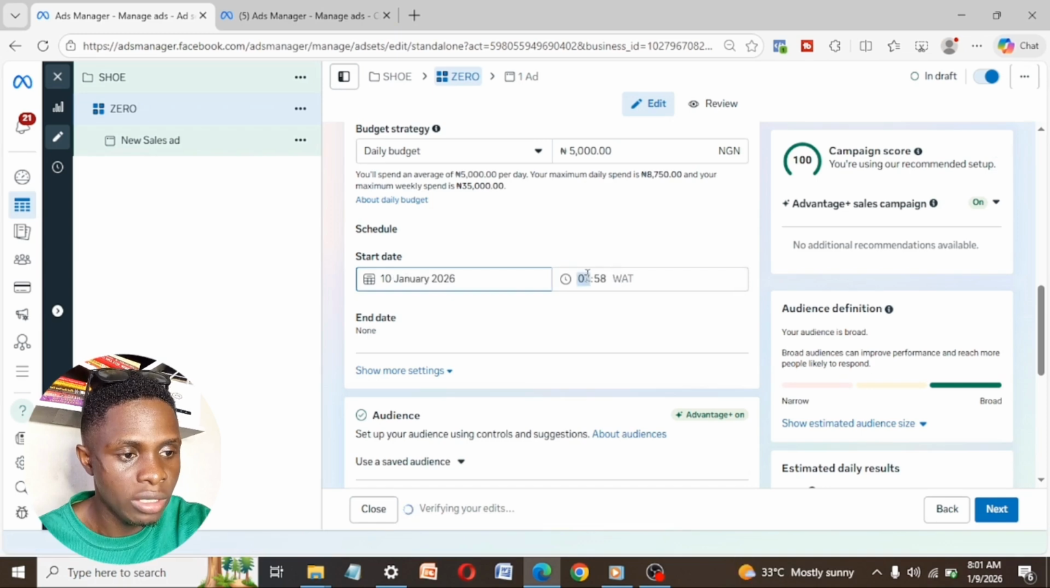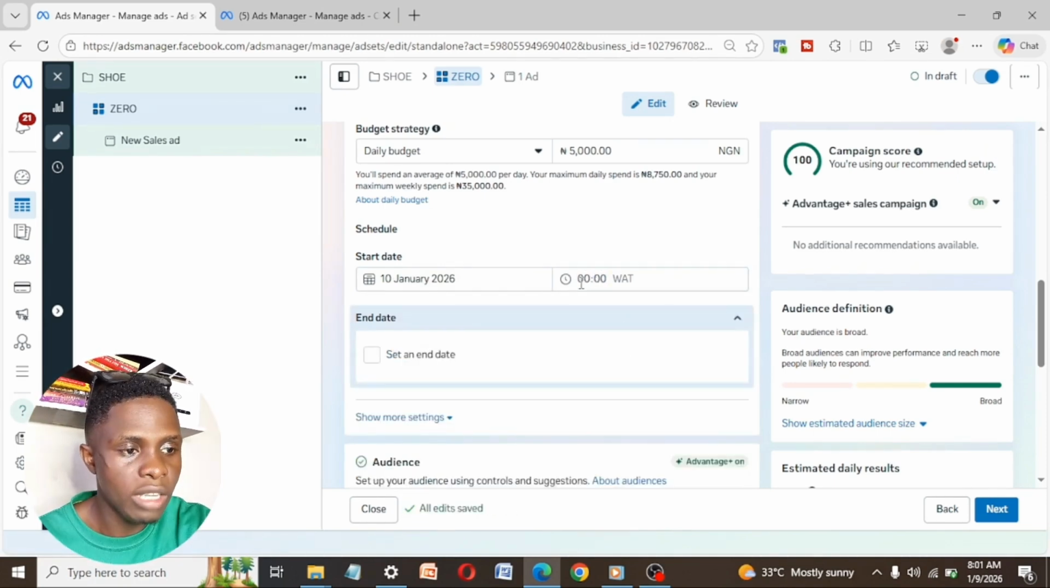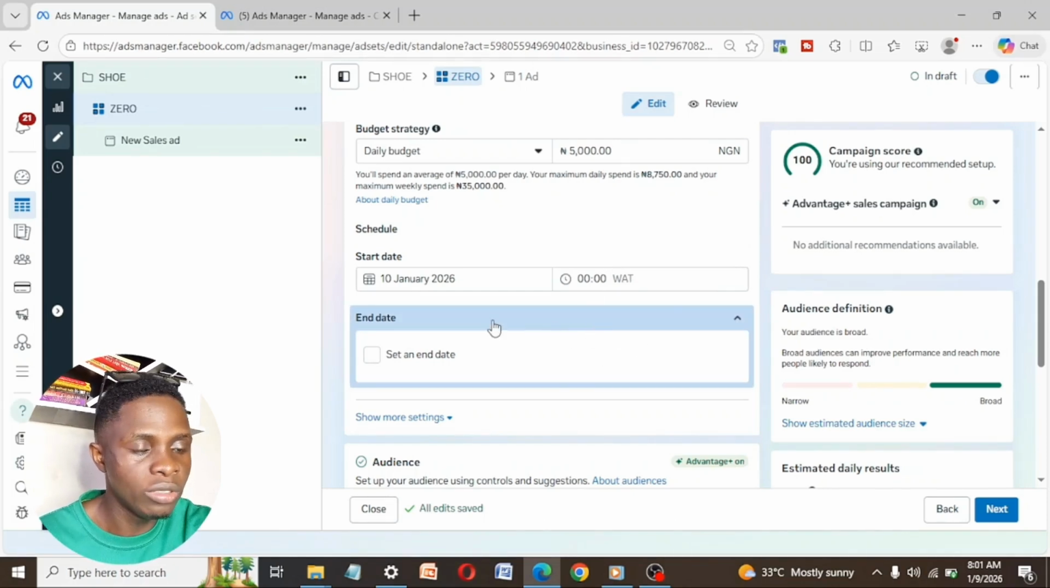Start date will be on the next day. Then the time, I'm going to select 12 a.m. the following day. How do I do that? I just type 00 here, and it's going to set it to 12 a.m. the following day, right? Most times your ad account is going to show PM or AM. You can just select AM and type 12 a.m. manually here. But if it doesn't show like that, just type 00 and it's going to run the next day